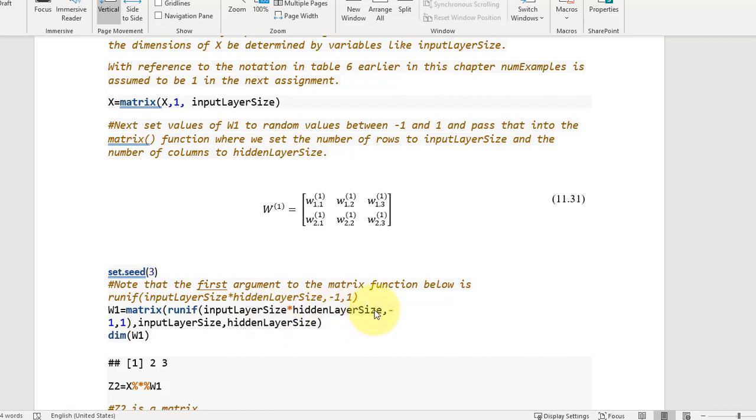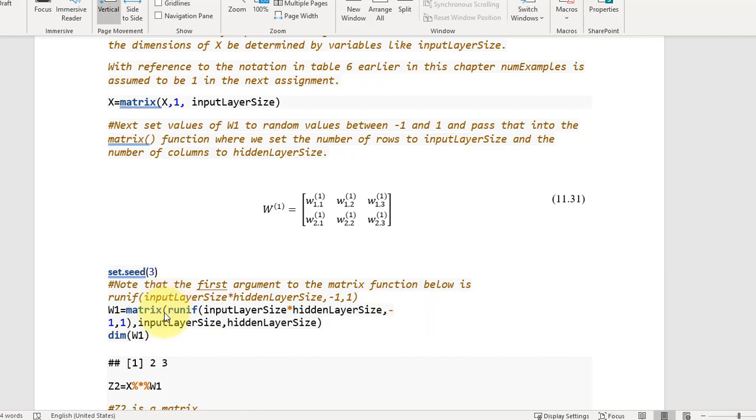Then there's a comma, and after that, the minimum size of the random number is -1, and the maximum size is 1. So we want to generate 6 random numbers between -1 and 1. That's what this does. And then we're going to put that into a matrix. And here's the matrix